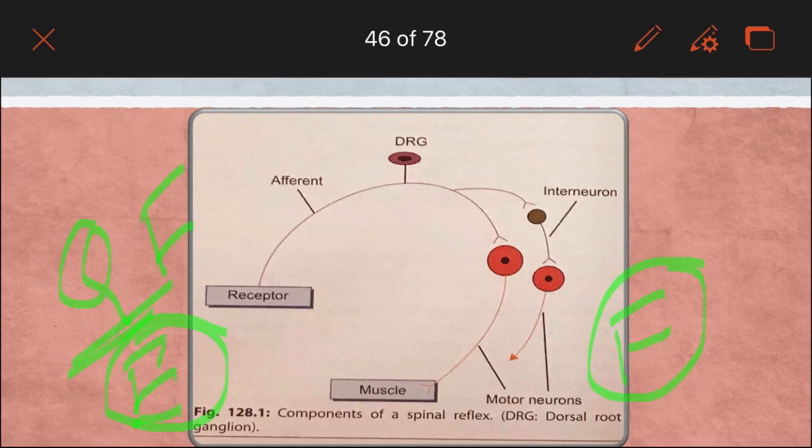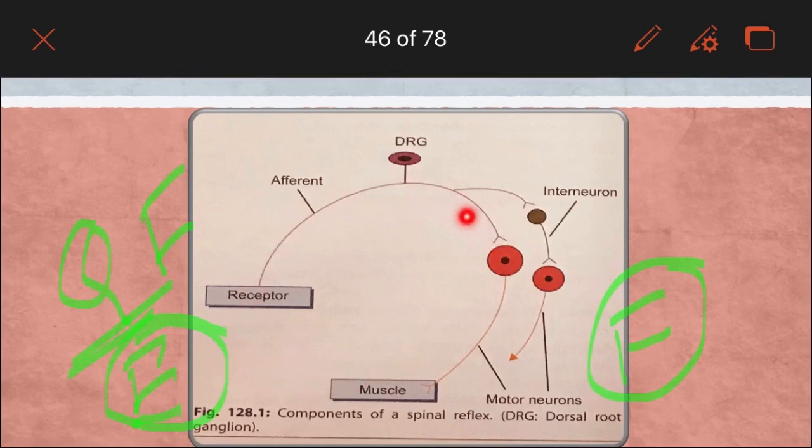So हमने जब quadriceps femoris को हिट किया, that is the extensor group, from the receptor this sensation is carried to the spinal cord and it is forming the synapse with the alpha motor neuron, and that alpha motor neuron is coming back to the extensor and making it contract. So there is only one synapse, monosynaptic, simple basic stretch reflex.